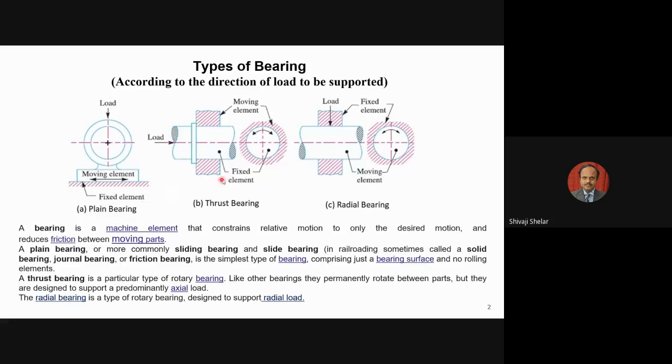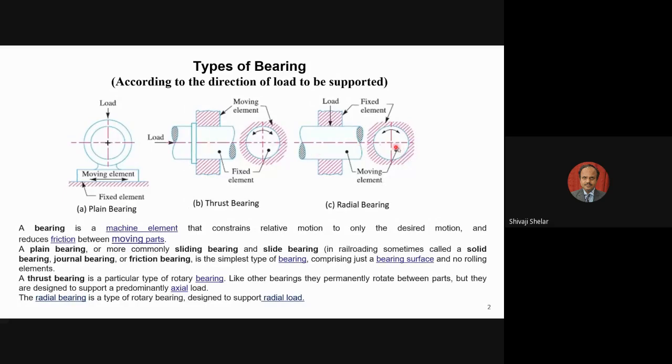Similarly, you are supporting a rotating element. So this is for sliding motion. Suppose your object is rotating. So this is one view, and this is another view, rotating. The shaft is rotating. Here also, this is the shaft which is supported on the surface here, which is rotating here. So the side view is shown here as a moving element which is rotating.